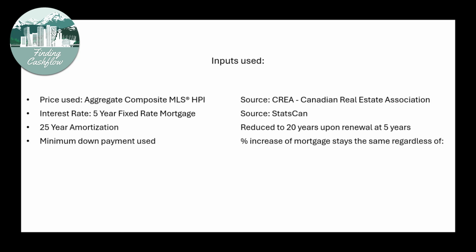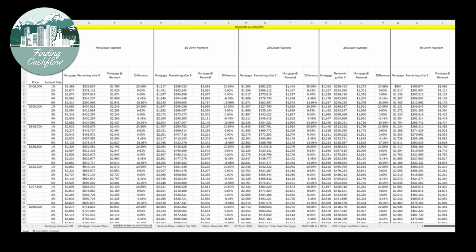However, it is very interesting to note that the percentage increase in mortgages stays the same regardless of the percentage down payment upon origination and regardless of the original home price. This may seem like a very simple statement, but I spent hours in Excel ensuring that this was correct, where I graphed out the percentage increase in the mortgage using various home types and various interest rates upon origination, as well as various down payments.